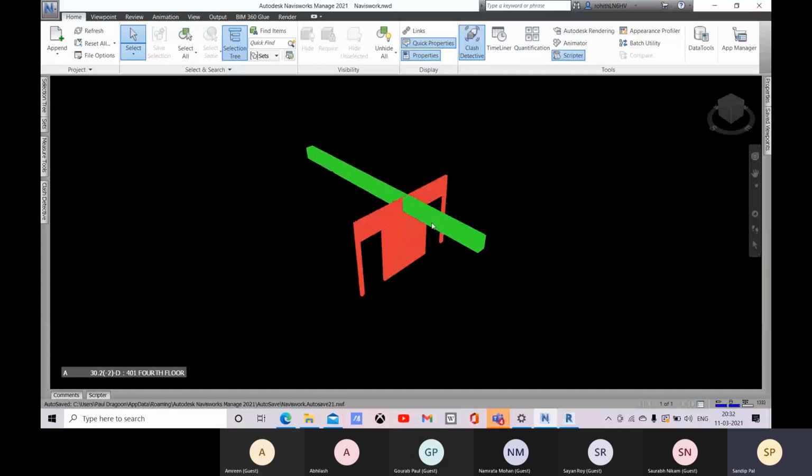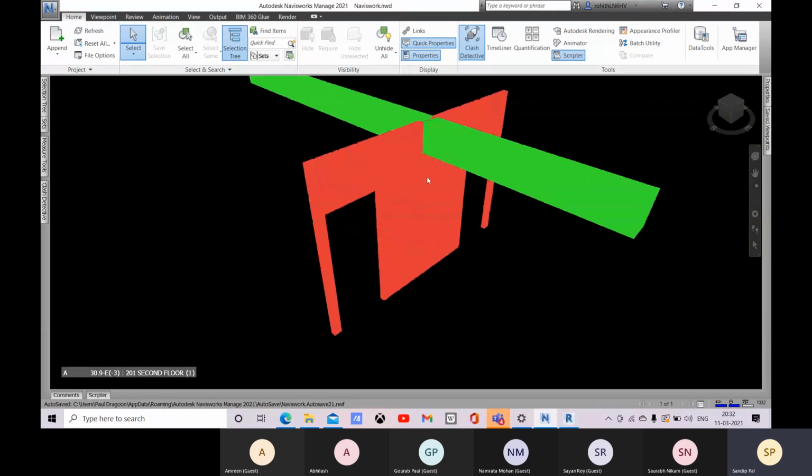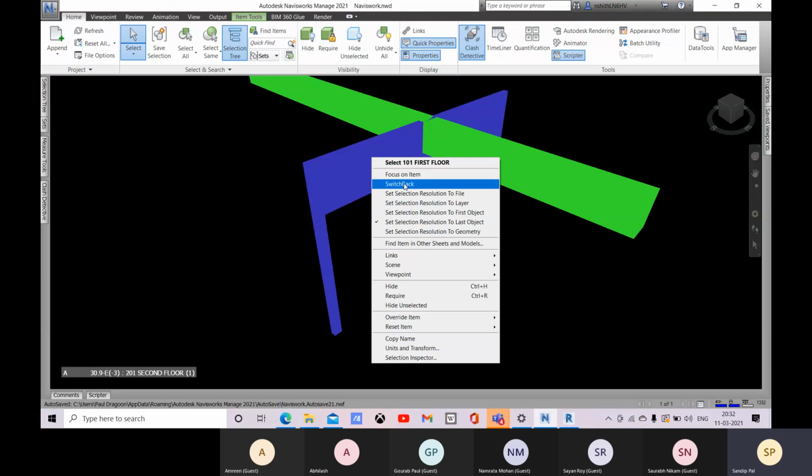So what do you want to change? Which file you want to open? Where you want to make the change? Do you want to change this wall height, or here you want to make the cut? Or you cannot change this structural framing. So then you will be opening your architectural files. So for that you will be selecting this component, and what you'll do is right click. So you will face some error.